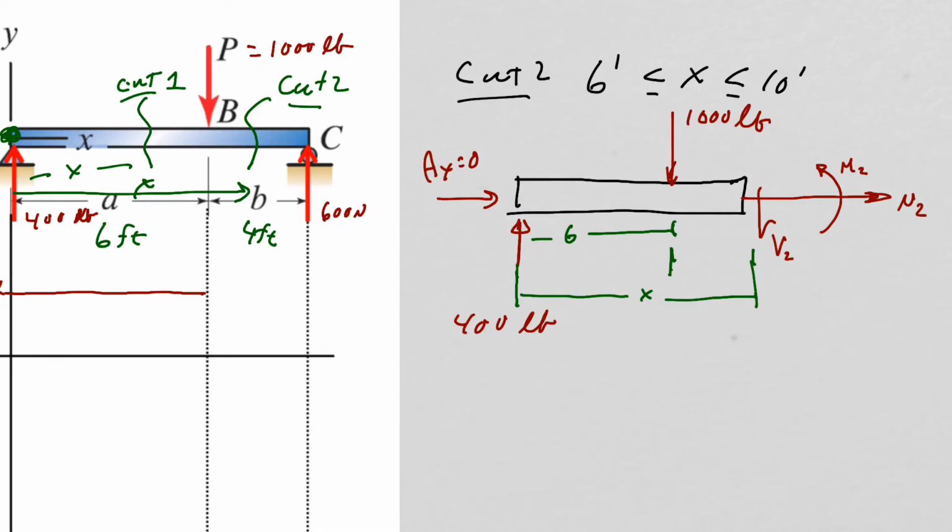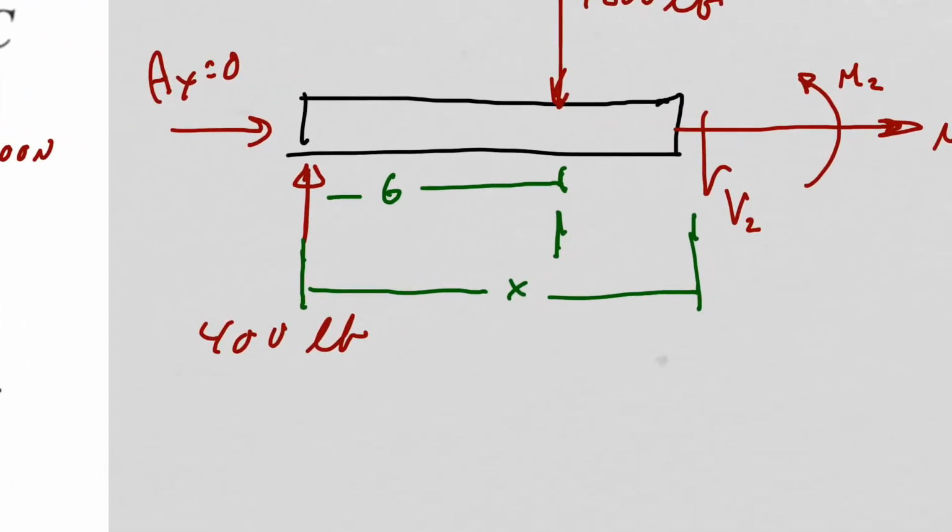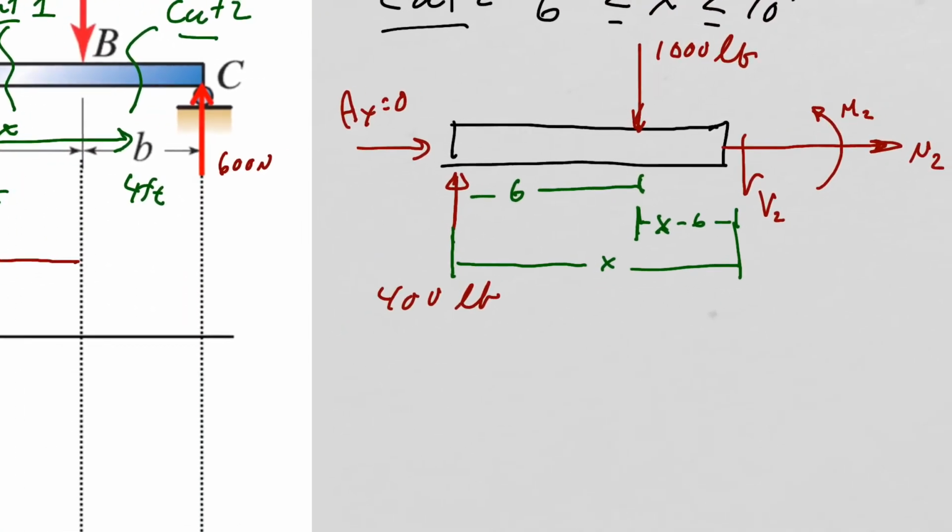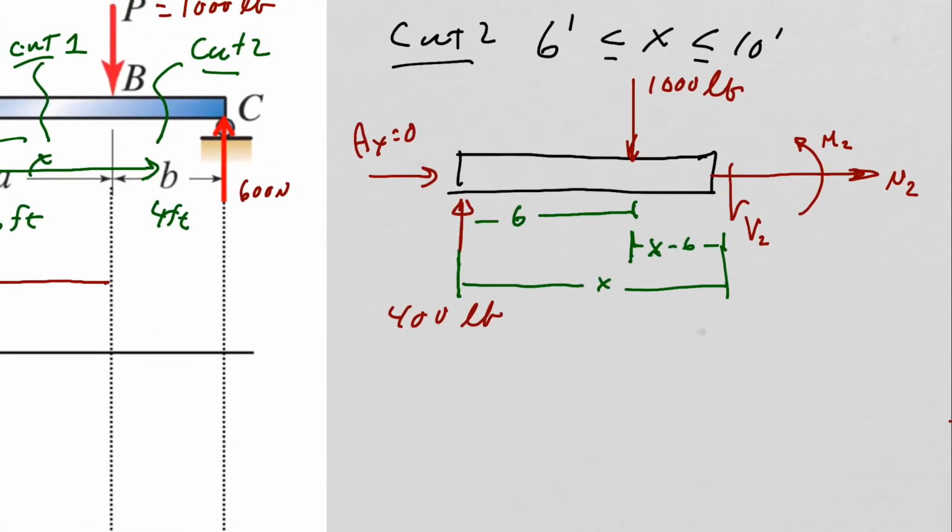It's out, again, between 6 feet and 10 feet. The last thing we want to know is what is this distance between here and the end. And that, of course, is X minus 6 feet, right? That's that distance here. Okay, now we have all the information we need to solve this. Again, we are going to look to find our N2, V2, and M2, our normal, shear, and axial load. If we sum forces in the X direction, and I should have the X-axis on here,